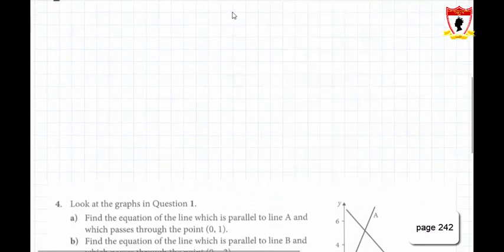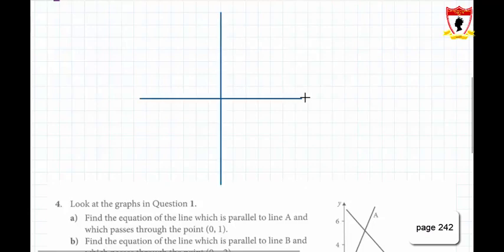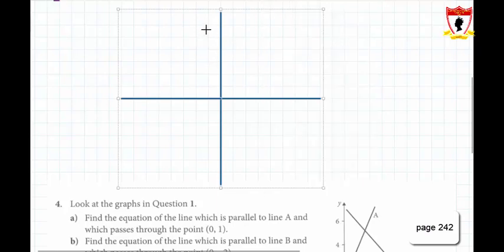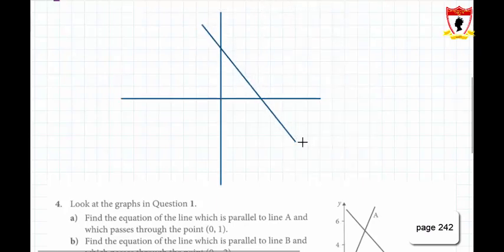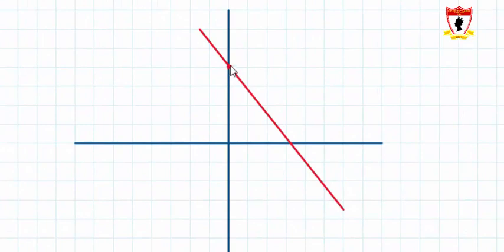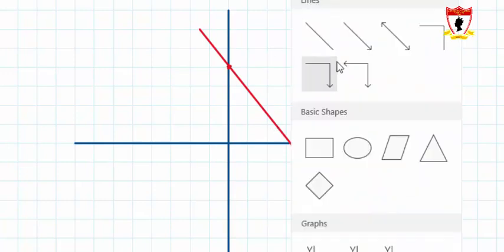So let's say this is an xy axis. This line is passing through this point on the y-axis. So this is the y-intercept of this line, and the gradient of this line is 4/3. And the line is going down, it means the gradient is negative. So to get the equation of this straight line,